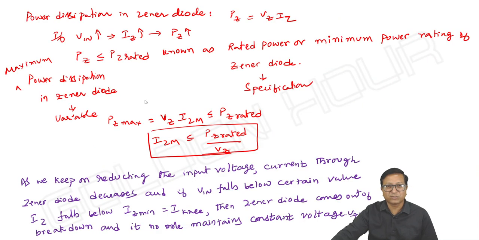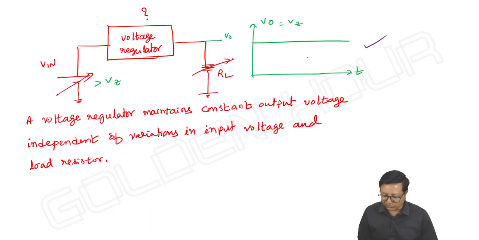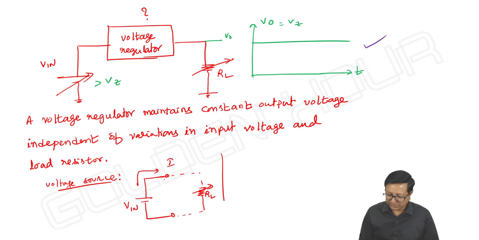If you take a voltage source, I have not shown here, right? Voltage source, if you consider, what does it do? It maintains constant voltage with variable current. Okay, or if I take the voltage source characteristics, it maintains depending upon the load we are connecting. RL may vary, but right, depending upon